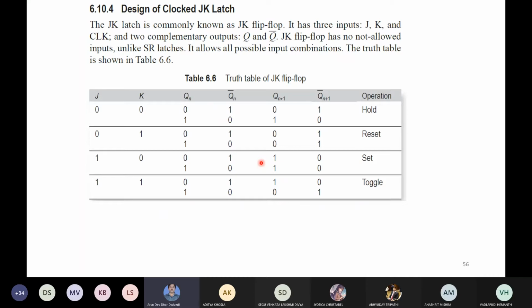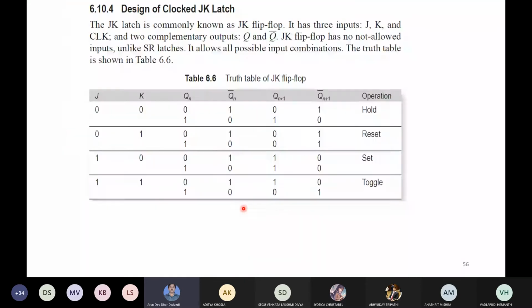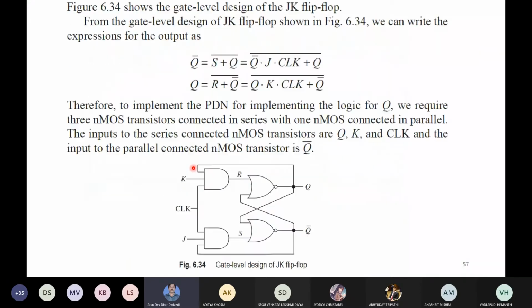And this can be further modified. We can see more modifications, like the design of a clocked JK flip flop. Its diagram we can see, and from the previous diagram we can see how it is different. Here feedback is coming from the output, and another input, not only clock and R, some input is coming from here also, and some input is coming from here also. Here the three inputs are there, so that type of modification we can see here.